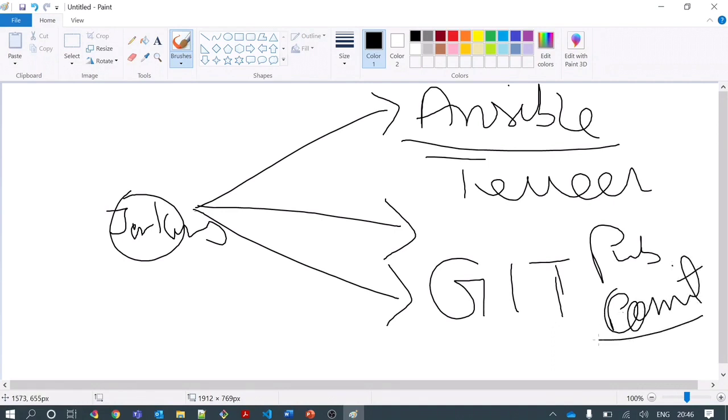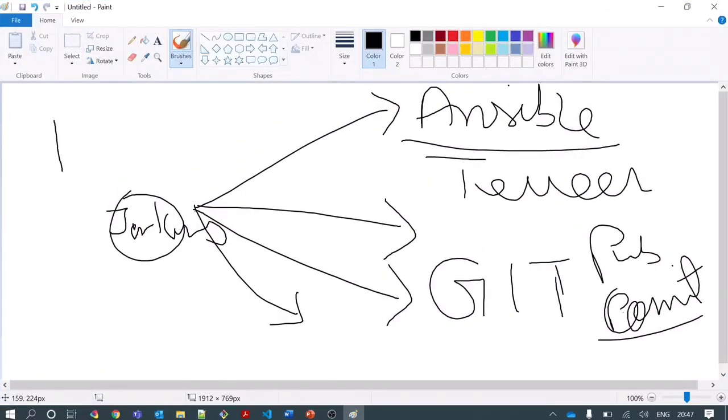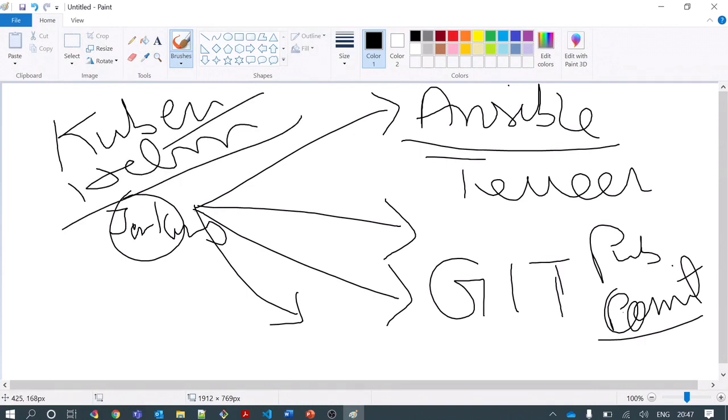So this kind of requirement can also be met using Jenkins. Similarly, Jenkins supports continuous integration, deployment, delivery, testing, monitoring, and configuration management. You can even deploy your microservices using Jenkins with Kubernetes or Helm charts. These also can be achieved using Jenkins.